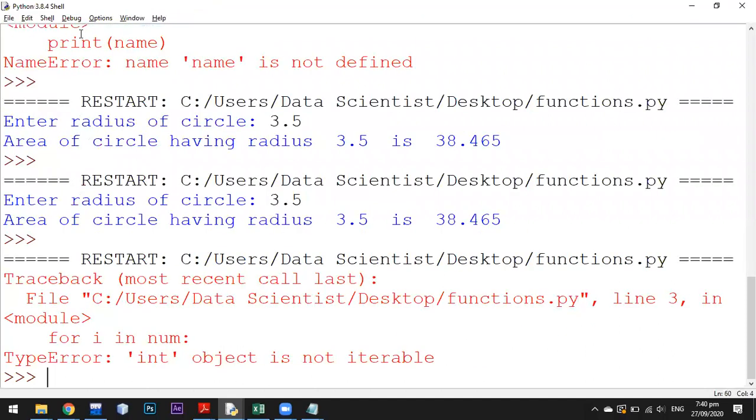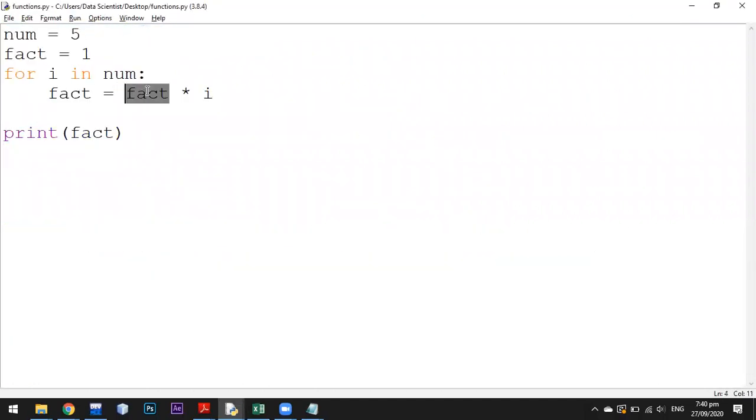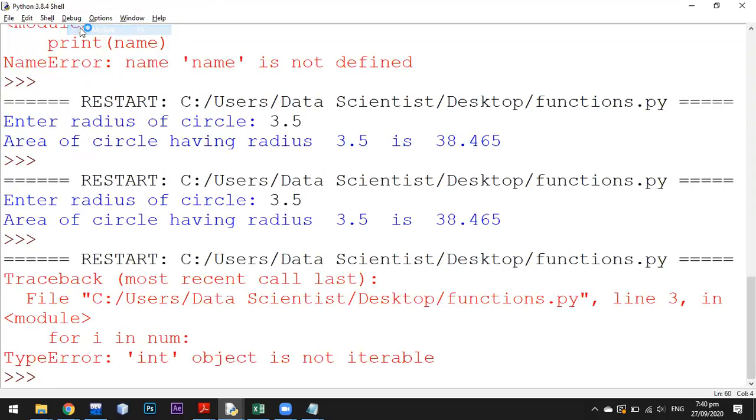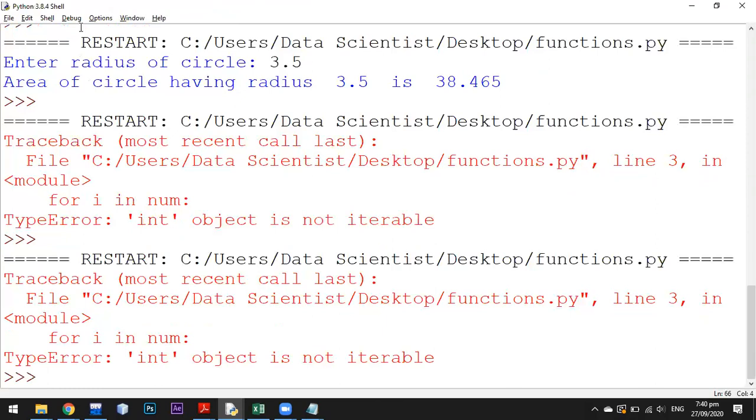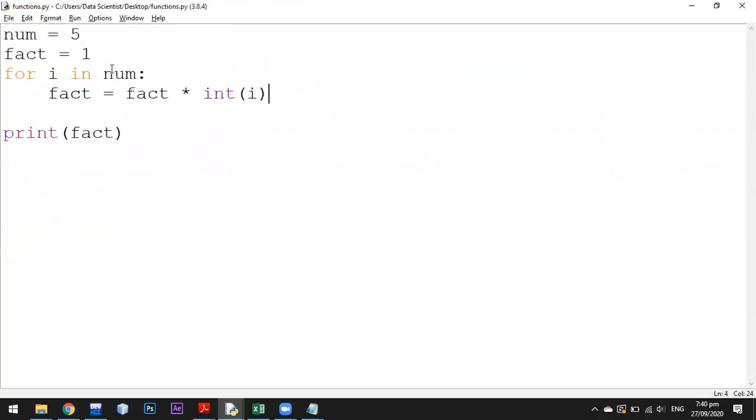There is an int object error. Let me run that again. Int is not iterable, and oh yeah, this is an integer, so I have to give a range.